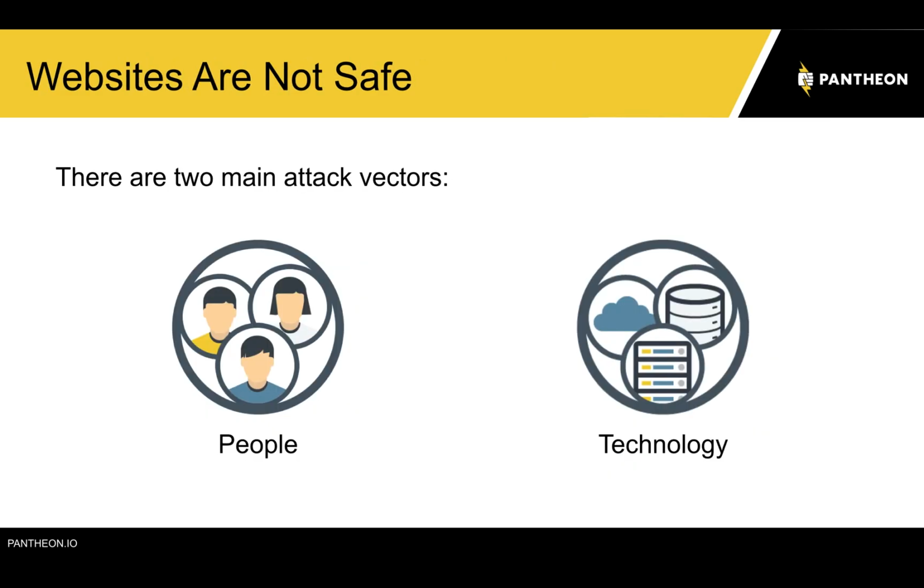So the major attack vectors that you need to worry about for your website really break down into two broad categories. You have people and you have technology. And usually when you get on a webinar like this and you have someone from a technology company talking to you about security, they'll talk to you a lot about the technical attack vectors, and we'll definitely get to those. But I'd like to start by talking about the people vector, because that's actually one of the most common